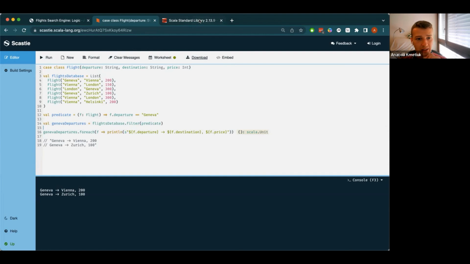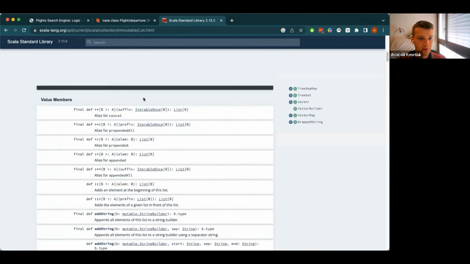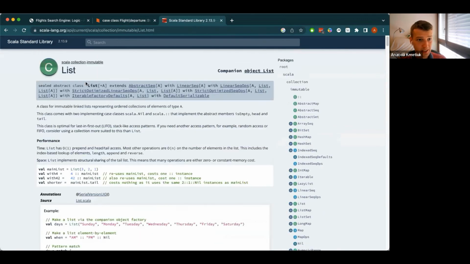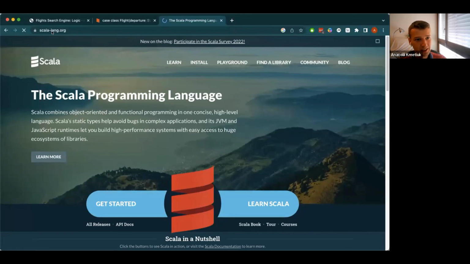And finally, we saw how you can see the big picture about what exactly you can use on a list, what exactly is defined in the list, what other methods. We have seen just filter and for each, but what else is defined? So we have seen for the first time the concept of the Scala API, application programming interface, which you can, by the way, also access from the main website of Scala. So scala-lang.org is the website of Scala,